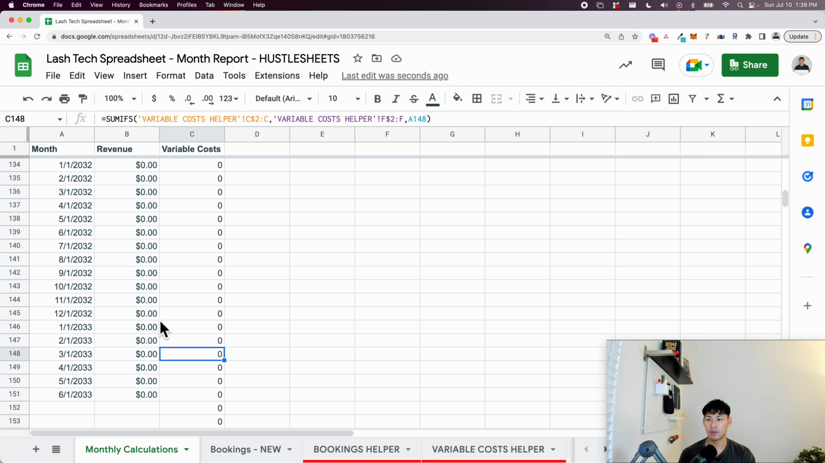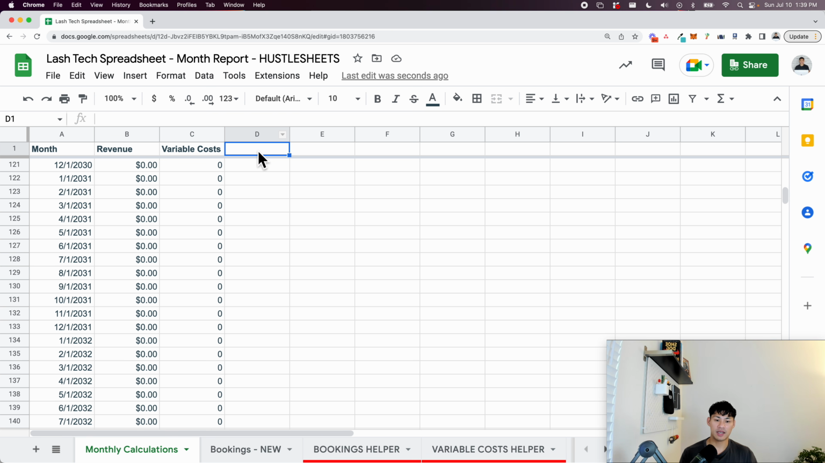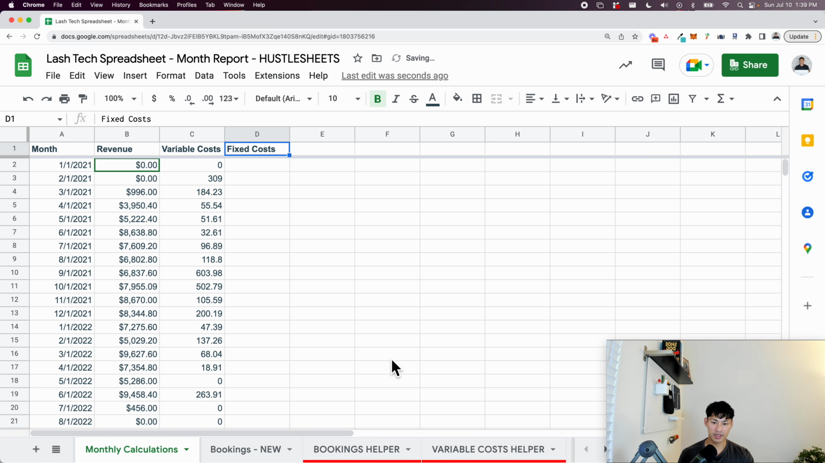Cool. Okay, so now that we have that, the next thing we want to do is add in our fixed costs, right? Now the fixed cost is a little bit different, because you'll see here, if you go into